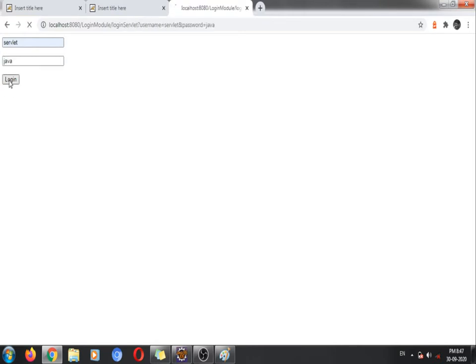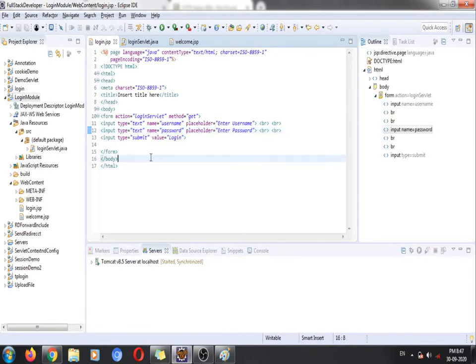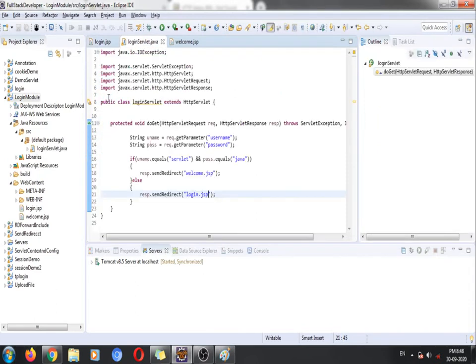Okay, so now simply login. We got the username and password, and they need to relocate to the login servlet. Okay, don't worry, errors are always welcome. What we have done is we have not mapped our Java class file, that is the servlet file, with our HTML file. Means what? After going to the relocate, from here we need to go to this servlet, right? But we have not mapped it.